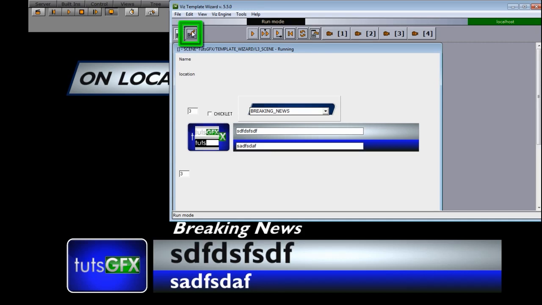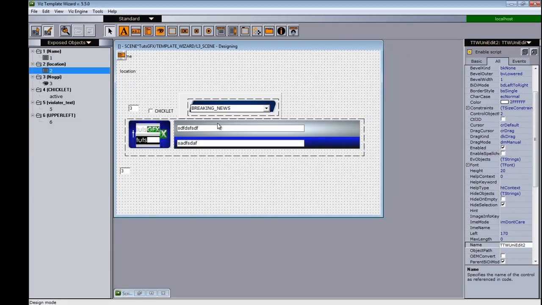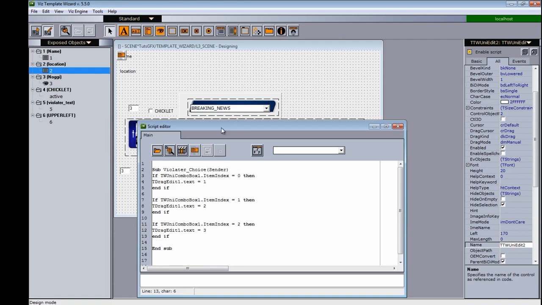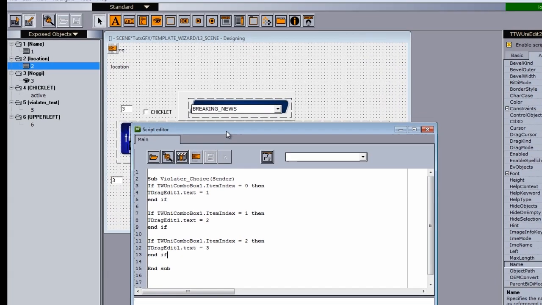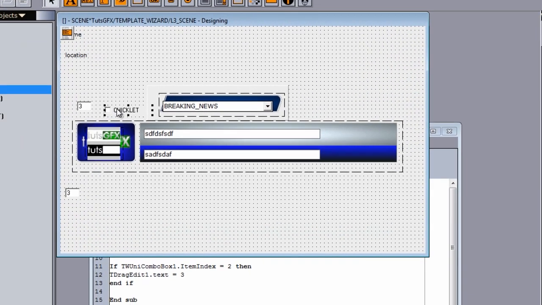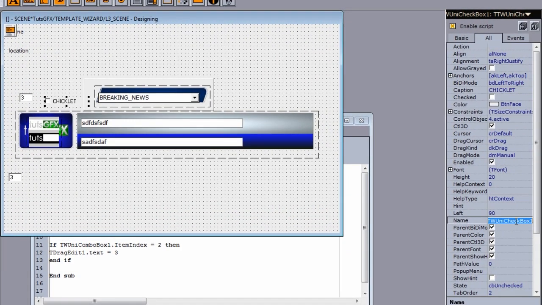So we'll go back into our edit mode of the script here, and we'll add some code to actually take care of that little problem we're having. Now within my scene, within Artist, I actually put a blank group within our OMO, so that if the OMO equals 0, there should be nothing in there. So I need to equate that OMO to this little checkbox, and that's what we're going to do. So if I highlight this checkbox, again, we have the name here over in the all. So I'm just going to go ahead and Control C or copy this name,